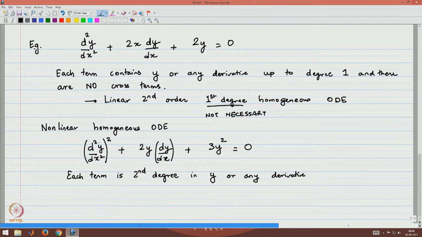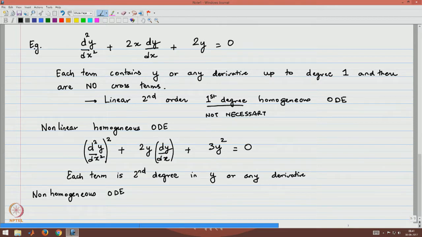Okay. So, this is y double prime, that is d square y by dx square raised to power 2. This has one term with just y and one term with dy by dx. So, the total power of y or any of its derivatives is 2; this is y square. So, it is homogeneous because each term is of the same degree in y or any of its derivatives. It is non-linear because each term is not degree 1. So, you could have a non-linear homogeneous ODE, and you could have a non-homogeneous